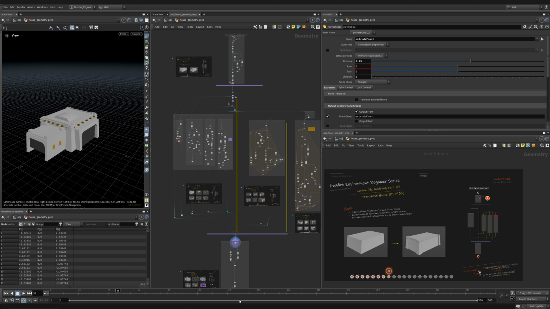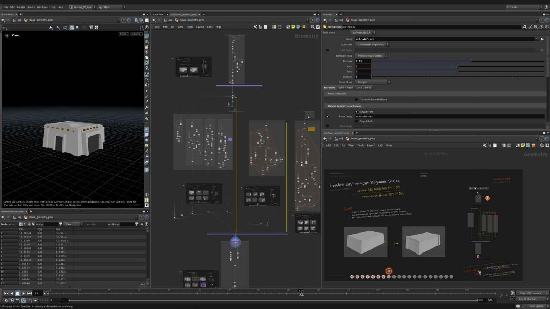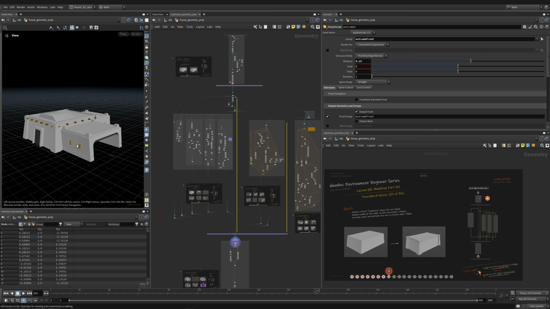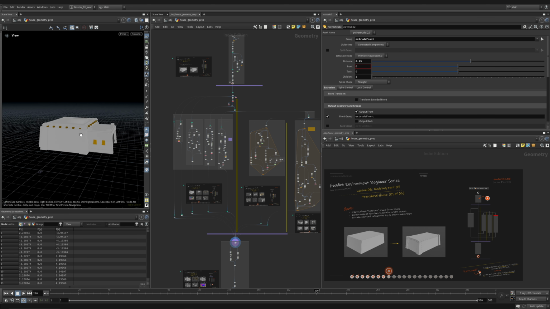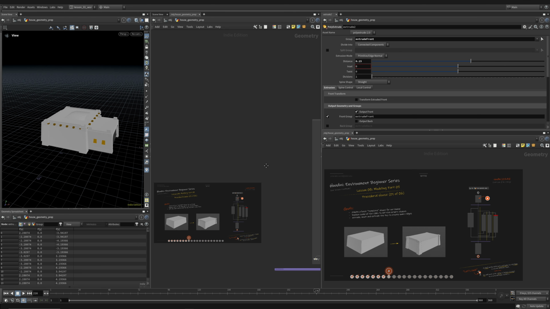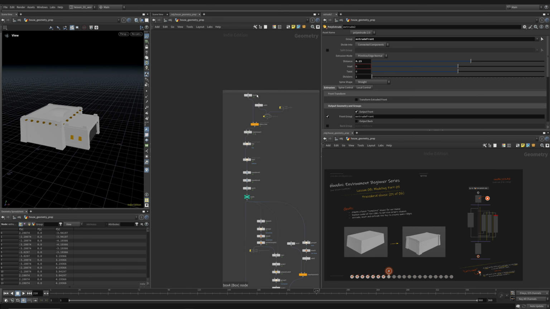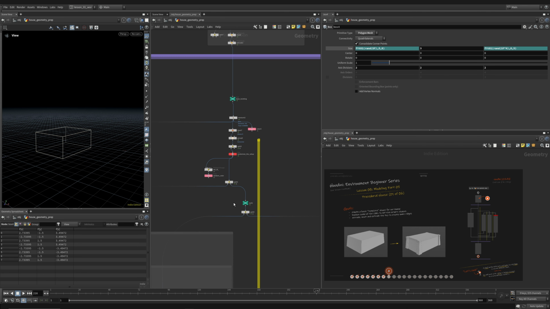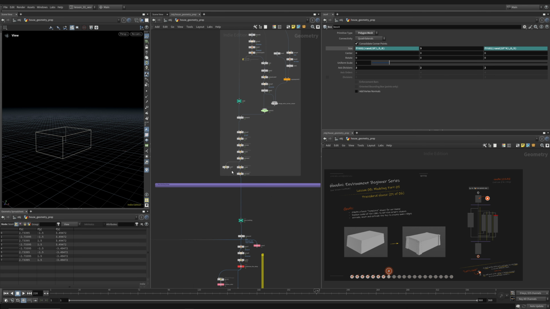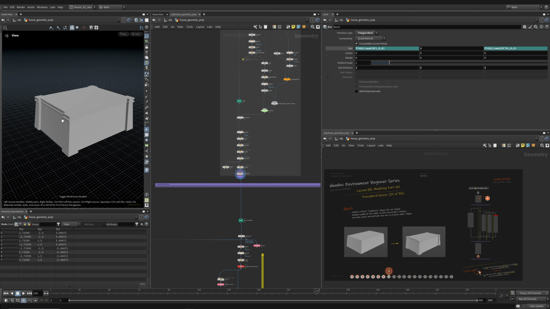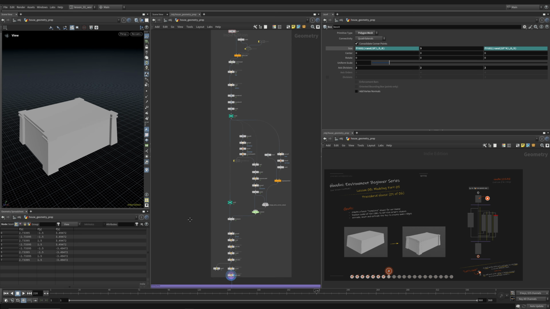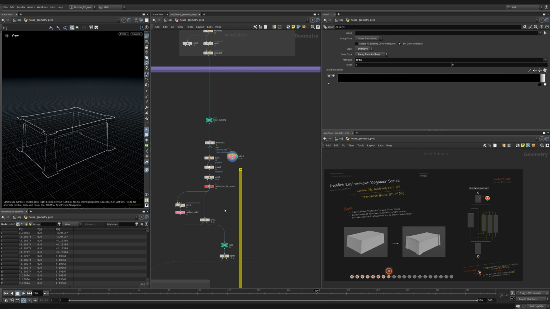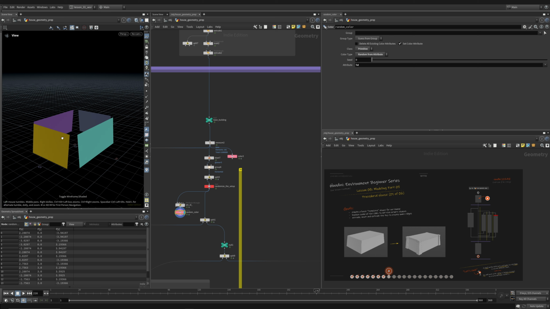So we can have really infinite control over what we want to have Houdini do for us, or if we want to set up certain rules, we can have those also implemented so Houdini follows them exactly as we decide. So I'm going to rearrange a little bit and then we'll jump straight into the input, which takes a single box. And for the end of this lesson today, we'll probably walk through here, but we'll get past the box, a couple setups, and then we'll actually prep to see how we split out these faces into what we'll later use as